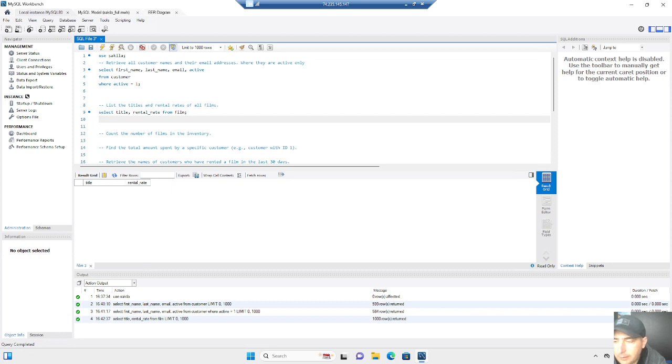Because we see that 1,000 records were returned, let's just do a select count star from film because we want to make sure we bring them all back to our requester. So that count statement is a built-in function. We'll see that later on in the next query coming up. Asterisk means just count all the records. If we execute that,